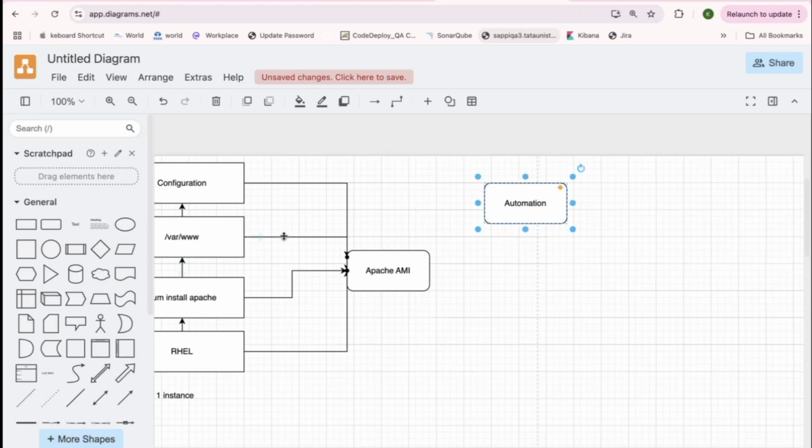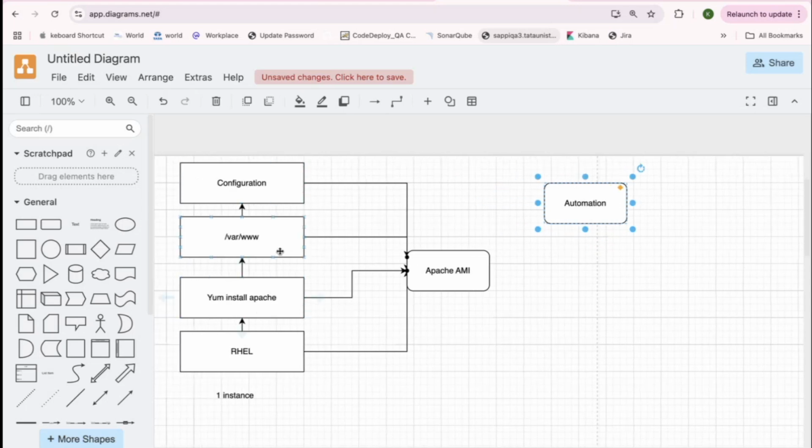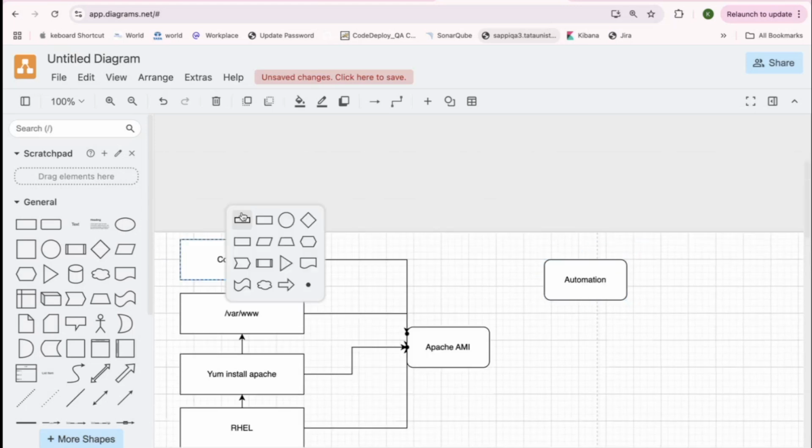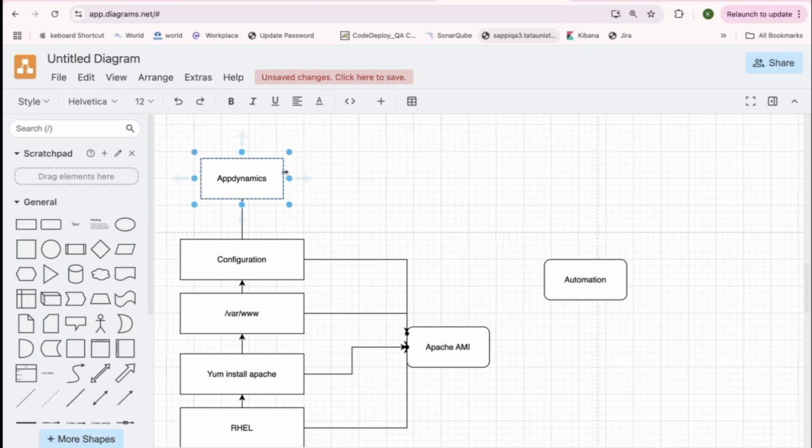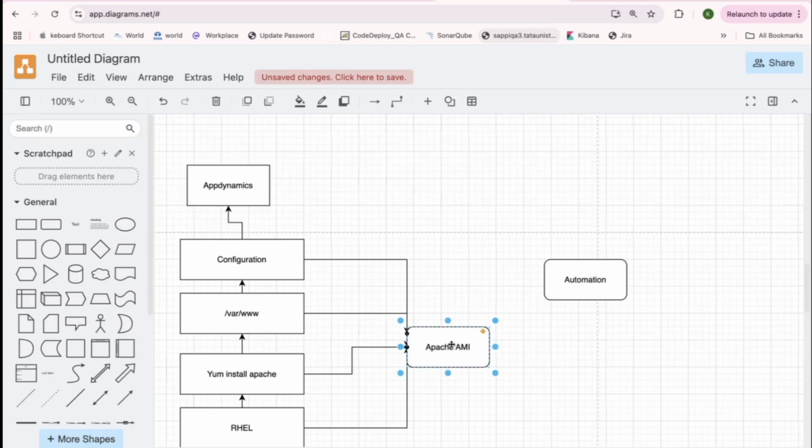The second thing is, for example, you may be asked that we need to install a particular software mandatorily on our system. If you update the AMI to include software, let's say App Dynamics, you can scale this as well. You create a new Apache AMI with App Dynamics, and again you can relaunch the instance.